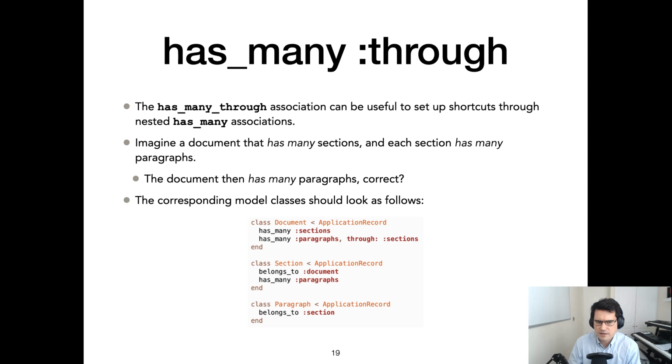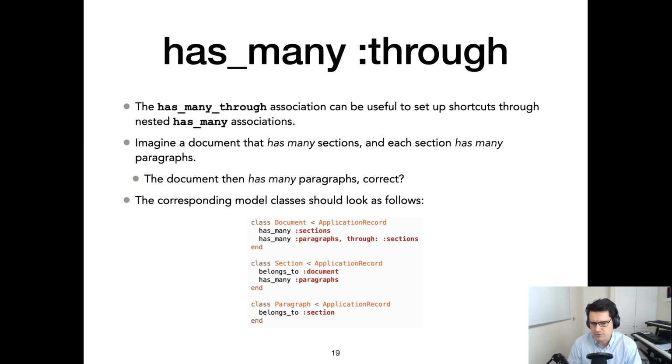We've got that the has_many through association can also be very useful in case you've got nested has_many associations. In this case, we've got a document. The document will contain many sections. In turn, a section will contain many paragraphs. So it's natural to think that a document will contain many paragraphs, right? But we cannot accomplish that directly. I mean, it is necessary in this case to